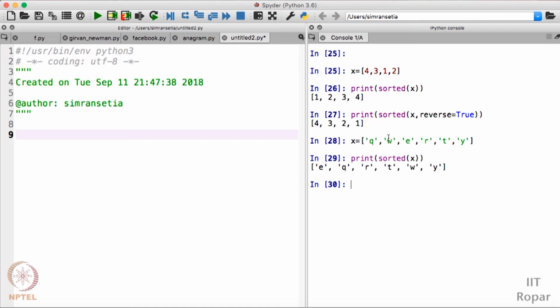So first of all we have E, then Q, then R, T, W and Y. So if we have a list of characters, then the sorted function sorts the characters in alphabetical order.